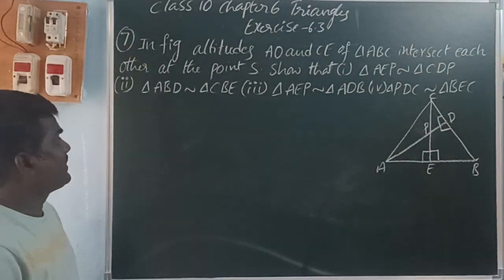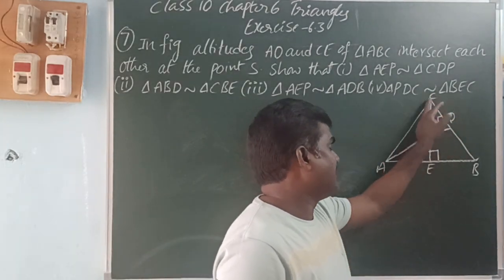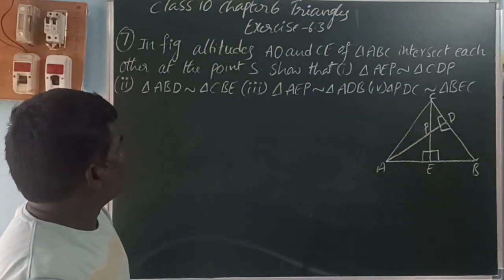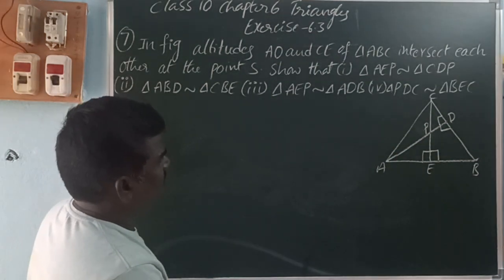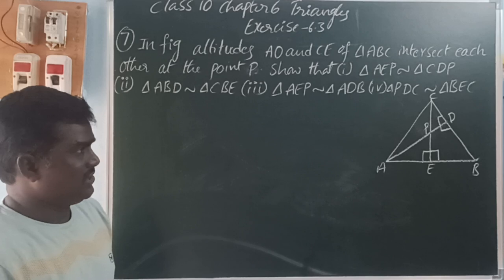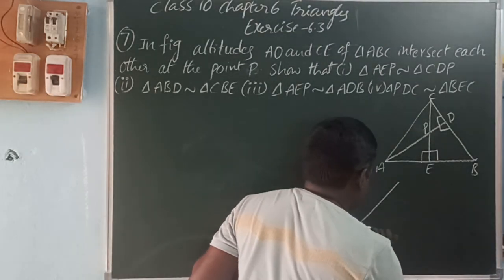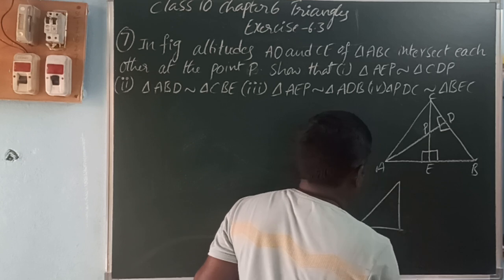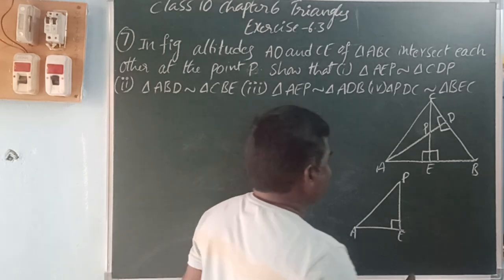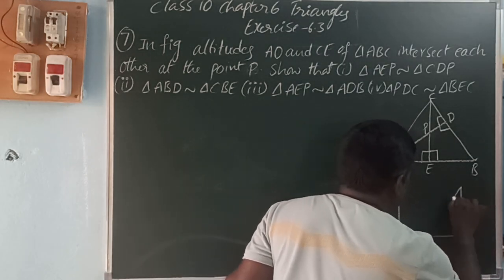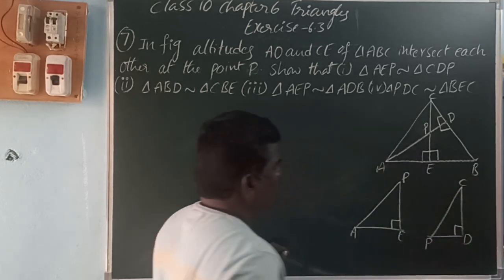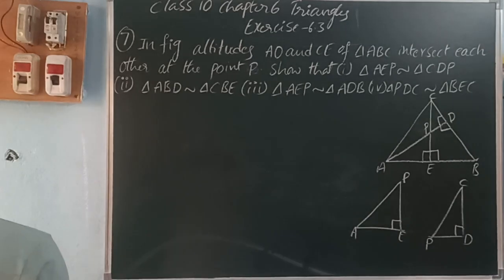Next, intersect each other at the point P. So here AD and CE, these two altitudes meet at the point P. Show that triangle AEP is similar with triangle CDP. So in these two triangles,